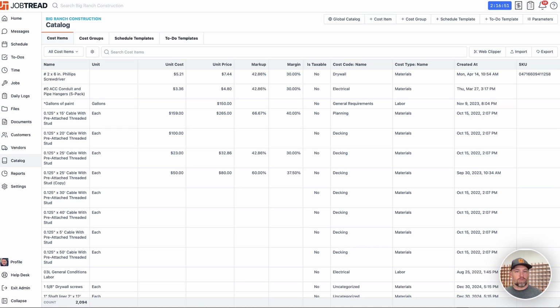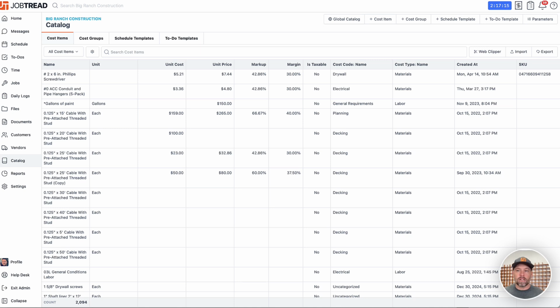In your budget, of course, you have those mass actions. You kind of just click on the things you want to change. If you want to update the margin, for example, it's a pretty simple process. In the catalog, though, there are so many items. There's potentially up to, let's say, 50,000 cost items. Hopefully that's not the case for you, but it could be robust, right? And so that functionality in the budget isn't here in the catalog too, but fortunately there's a relatively easy process